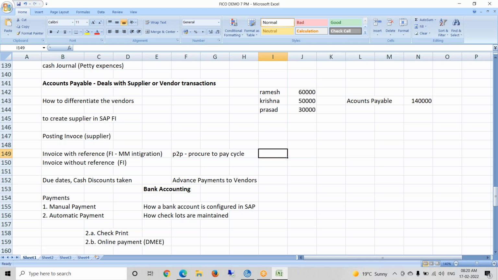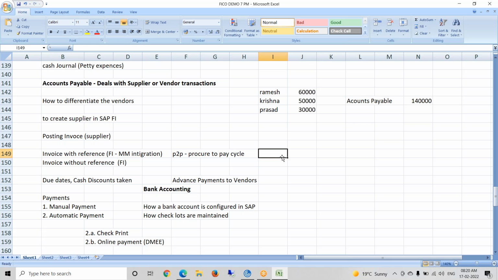The P2P cycle goes like purchase order, goods receipt, invoice receipt. These 3 steps will be followed by the purchasing people. If any accounting entry issue comes, then they will reach out to the finance guys. So in the back end, these transactions are getting posted without any manual activity.